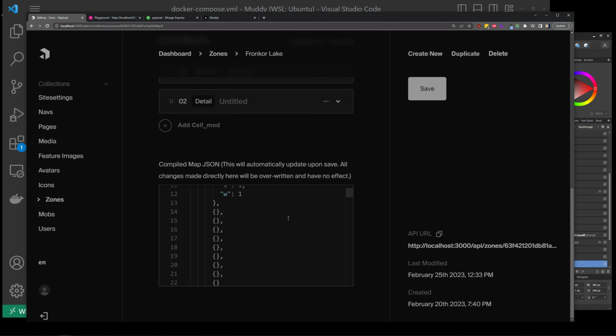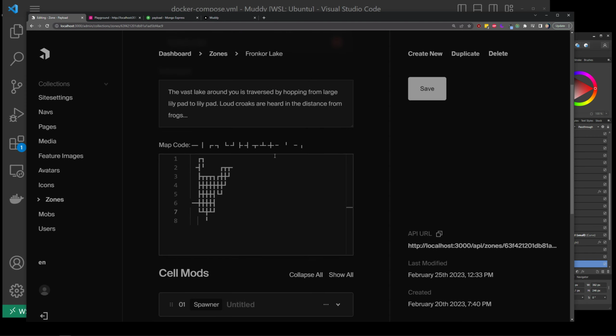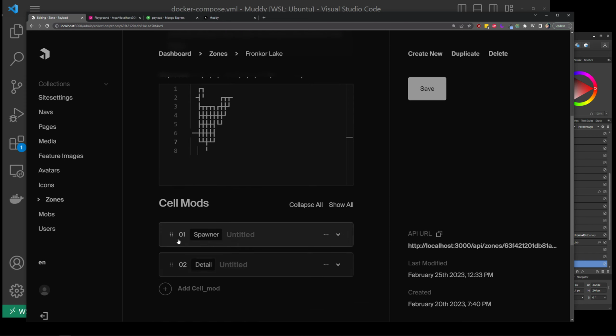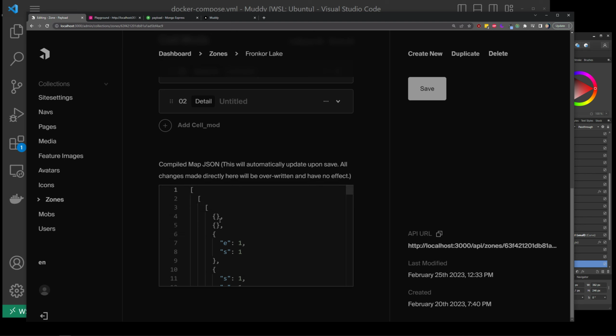As you can see here, this is the unique portion. This is JSON that gets compiled whenever I save this collection, and it's based off of what happens here, and then these values get overlaid onto that to produce this. As you can see, most cells are empty, therefore you don't see them on the map. If they have a connection, for east or south, for instance, they do show up with the right connections. And then, if you scroll down a bit more,